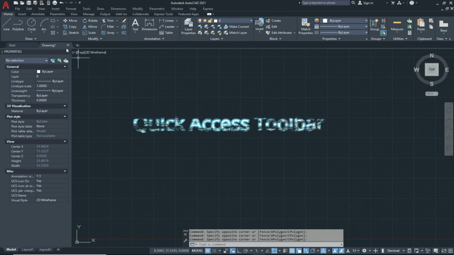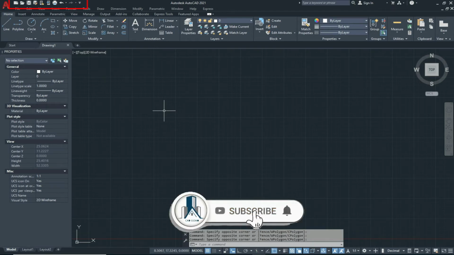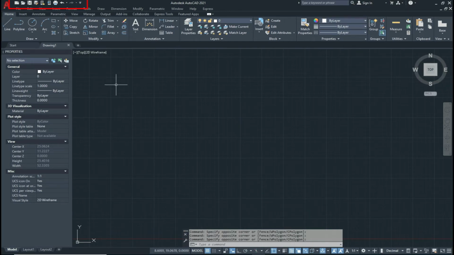Now we discuss the quick access toolbar. This is our quick access toolbar. This toolbar contains all file commands mentioned in the application menu with undo and redo. The user can customize this toolbar by clicking the arrow at the end.